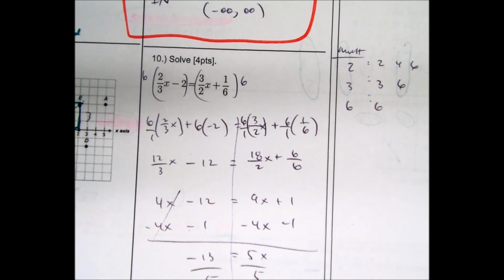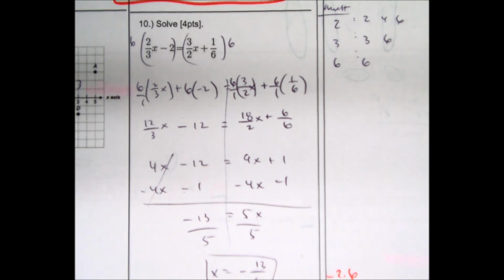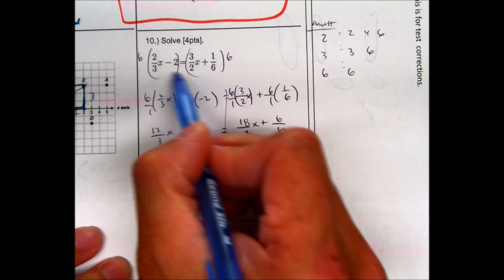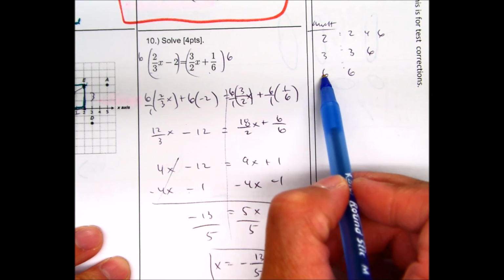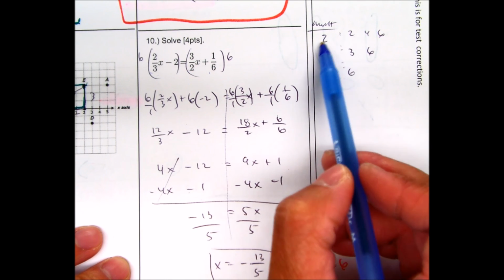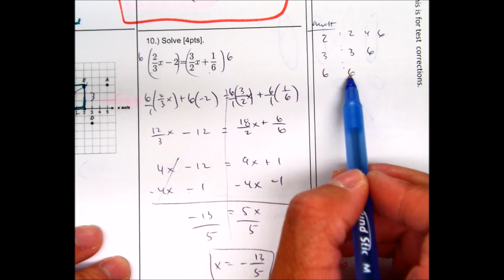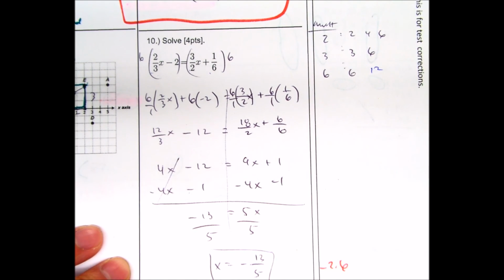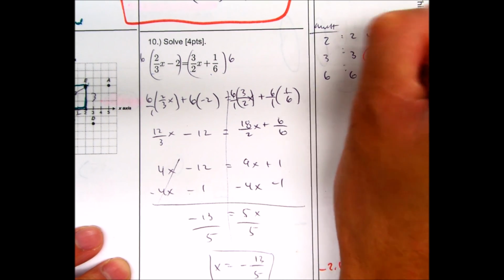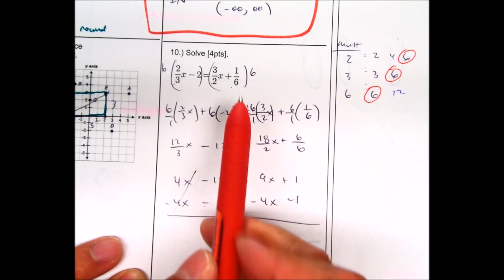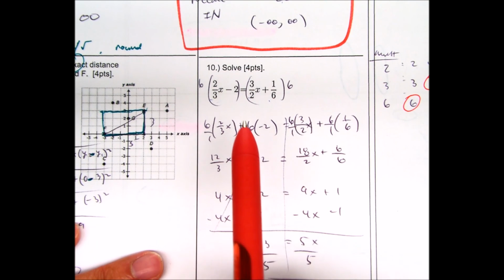Question number 10, clearing the fractions. Notice my fractions are 2, 3, and 6. You want to find their lowest common multiple. So if I count by 2s, 2, 4, 6. Count by 3s, 3, 6. Count by 6, 6, and 12. You'll recognize that your lowest common multiple is 6. So if I multiply both sides by 6,